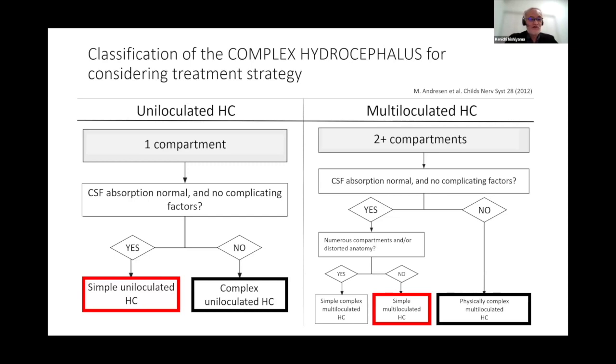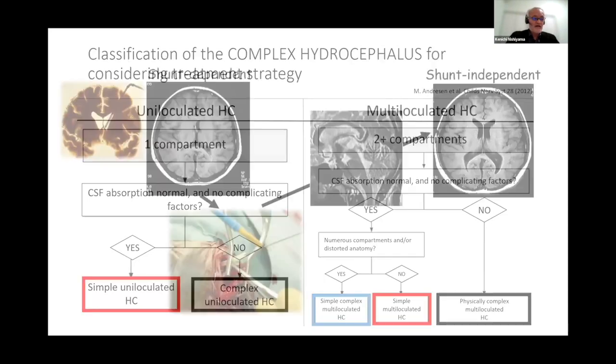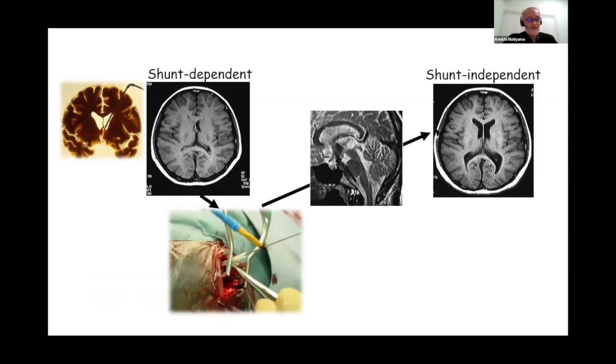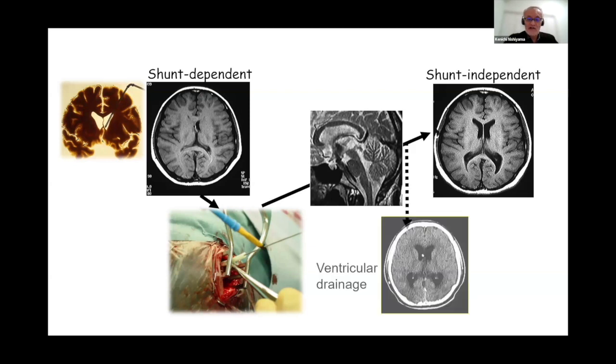And in some complex multilocated hydrocephalus, there will be a need for repeated fenestrations over time, and subsequently the patient will require shunt systems. Thus, shunt malfunction is manageable by endoscope in cases with simple hydrocephalus. As you can see, we can convert into shunt independence with ETV. To analyze how the CSF dynamics change,